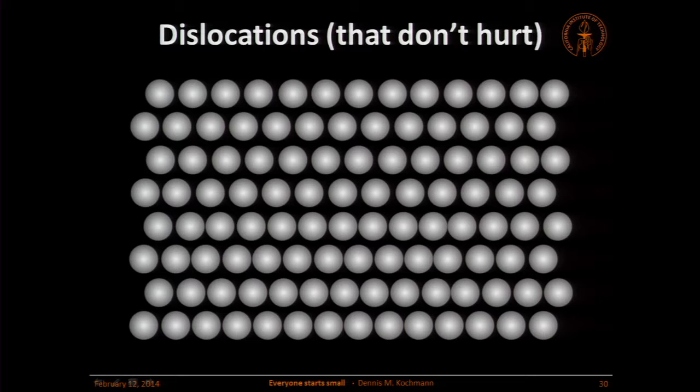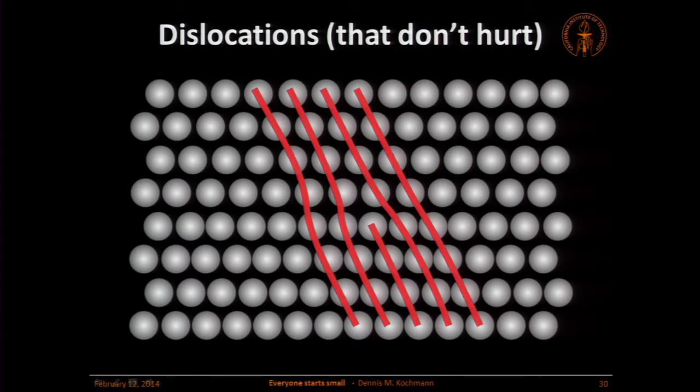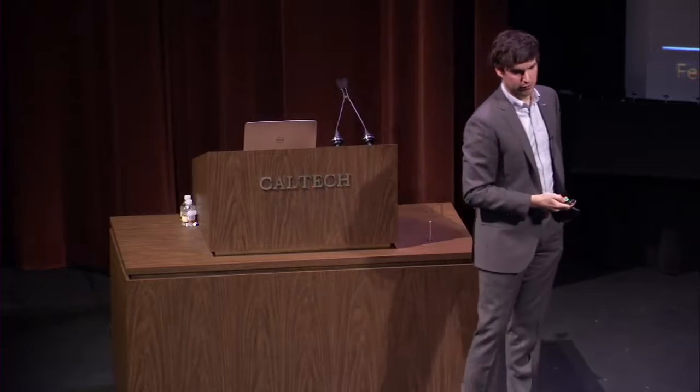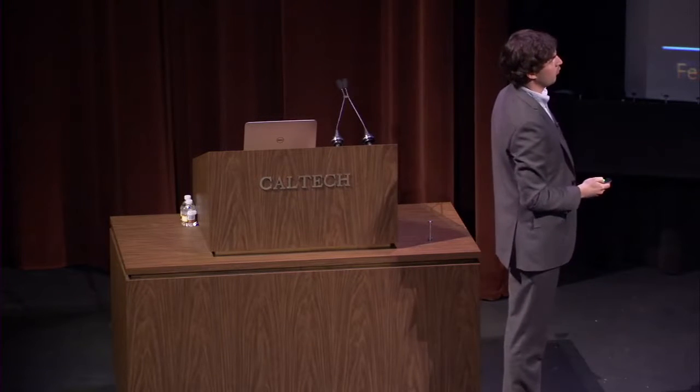If we take a look at a metal, let's say this is our atomic lattice. Looks perfect, right? There's a defect in there. Can you see it? It's a little hard to see, but if you follow these red lines, you will see they're perfect over here. All the atoms are lined up nicely. They're perfect down here. But here in the middle is a half plane of atoms that doesn't belong there. It just stops in the middle of the crystal, locally distorting the crystal. Something is wrong here. This line of atoms doesn't belong there. That's what we call a dislocation. And these dislocations are not just there, they're extremely important because they can accommodate deformation. And I'll show you on the next slide how that works.